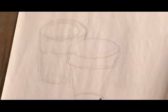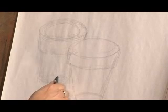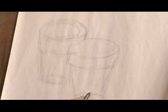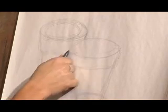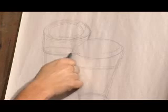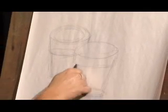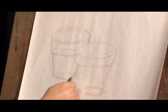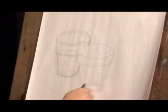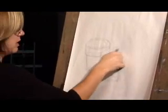You'll notice that for these pots on the bottoms here, I'm drawing the whole circle, the searching line circle, all the way through. Even though I don't see that, it's important to draw all of these circles in their entirety in order to get that relationship correctly. One of the things that students have the most trouble with is these cylindrical or sphere-like objects and getting the idea of those curved relationships